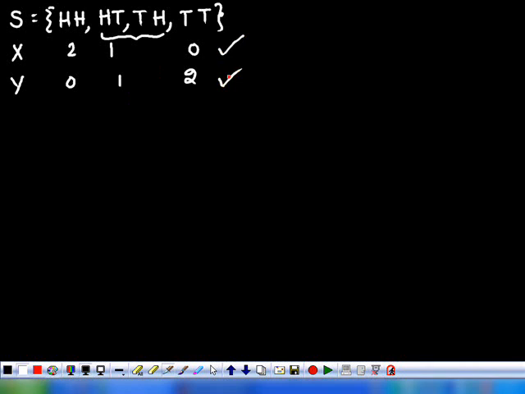Understood? So here, these two random variables x and y may depend on one another. They may be independent of each other, or there may be some correlation between these two random variables. Otherwise, if you know one random variable, you may guess something about the other random variable. So there may be some relation between these two random variables. So if you have a sample space, we can define more than one random variable on the same sample space.